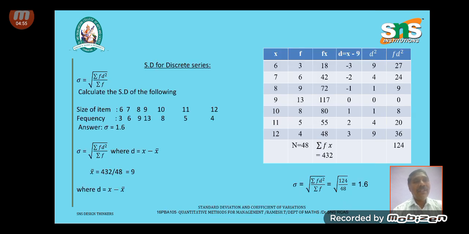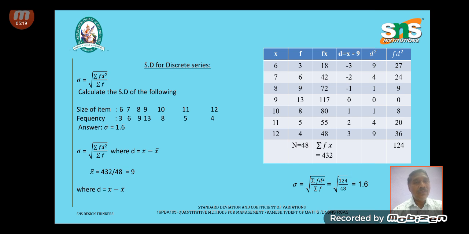Okay, now we have another different problem. We calculate standard deviation for discrete series. The sizes of items are 6, 7, 8, 9, 10 and 12, and the frequencies are 3, 6, 9, 13, 8, 5 and 4. We calculate the standard deviation, which is 1.6. Okay. So now we take